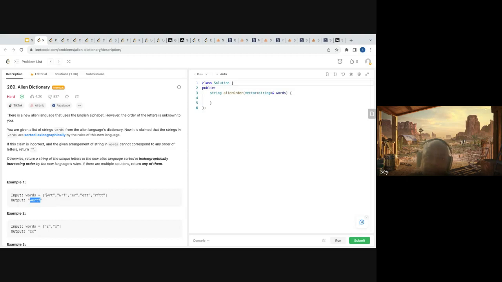So from here, W and R are equal to W and R, but C and F are different. That tells me that C must come before F, right? And that W must come before E, which is correct here. And that W must come before R, which is correct. So essentially, if you build a dependency chain or graph of all these words, and you run a topological sort, you can find the order of the letters.